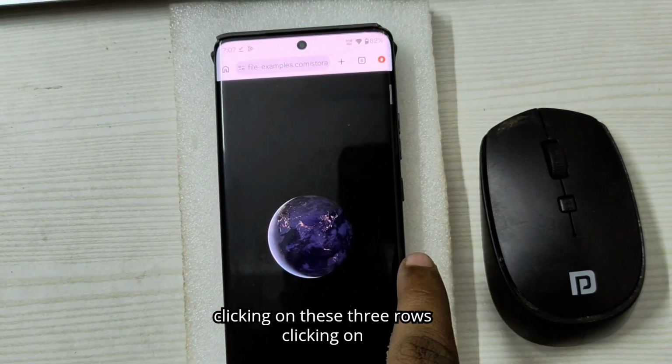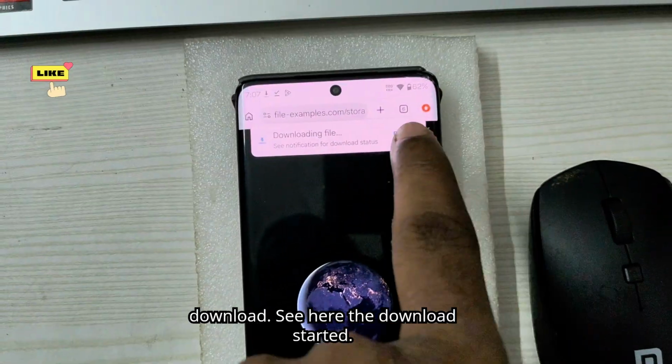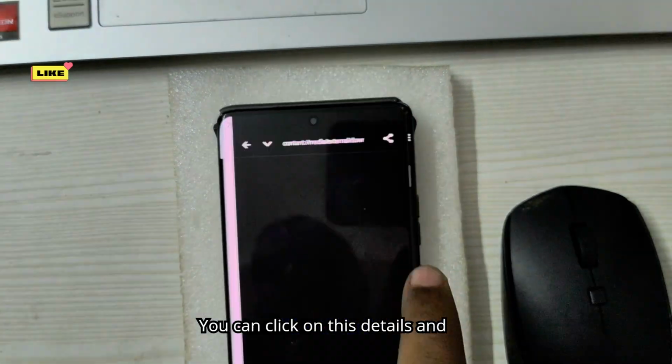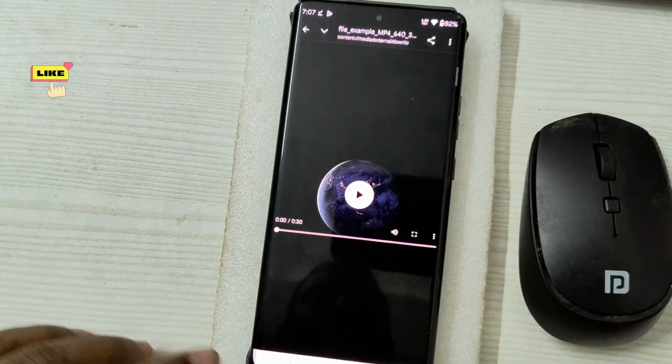See here, this is the MP4 video. I'll click on these three dots, and click on download. See here, the download started. You can click on these details and get to the location of the video, or